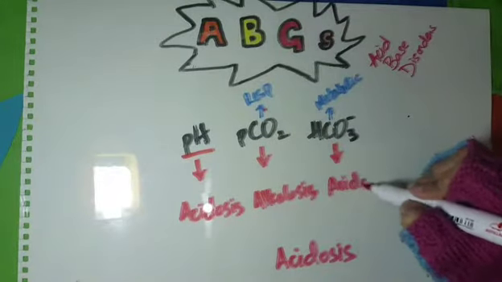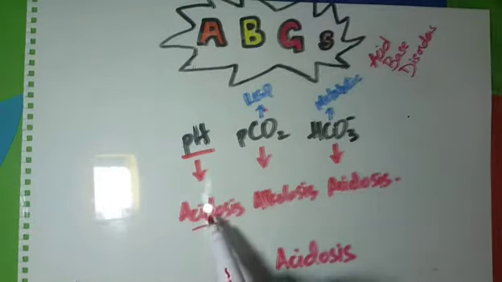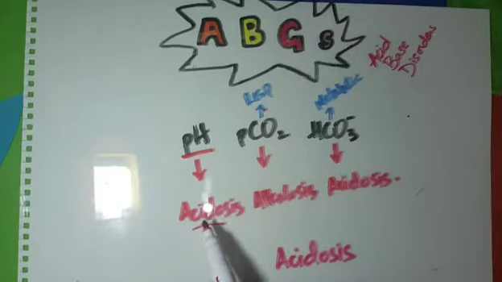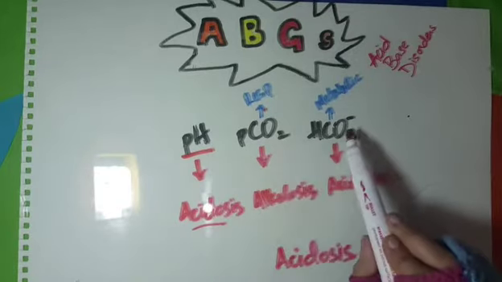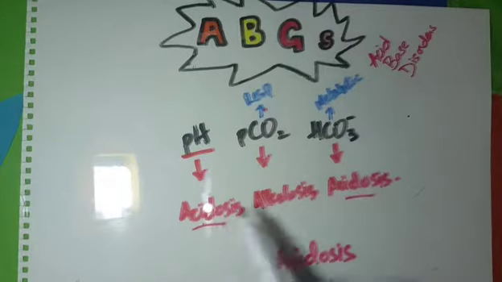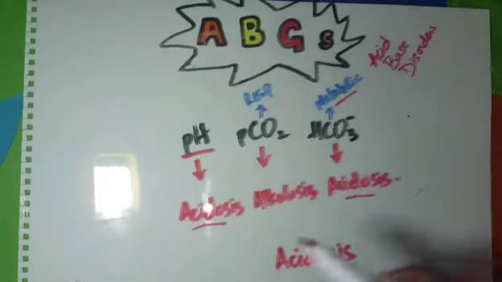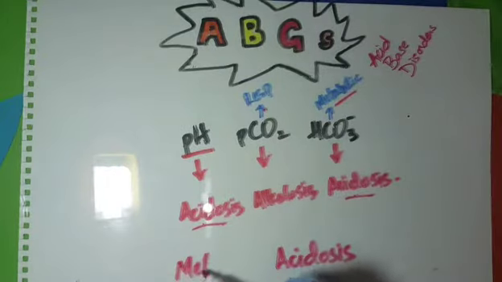Acidosis. Good. So then you see what is the cause of acidosis. Which of these match with pH? Carbon dioxide, right? Bicarbonates too. Acidosis and acidosis. So the cause of acidosis is metabolic. So you write metabolic